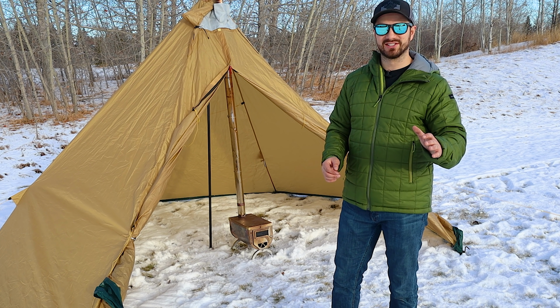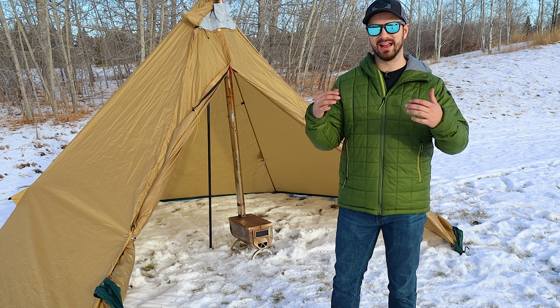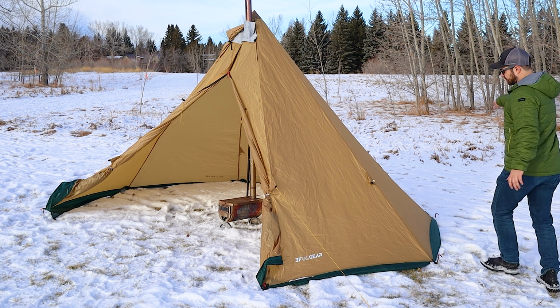As well, those pulls on the inside I really like as an option for being able to hang things up if you want to dry them, which can happen in the wintertime as you sweat and get a bunch of moisture into your gear. Like I said, it's an 8-sided tent, so there's 8 different stakeout points scattered throughout the